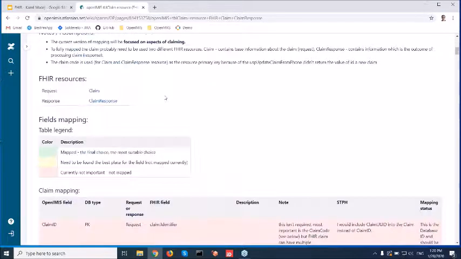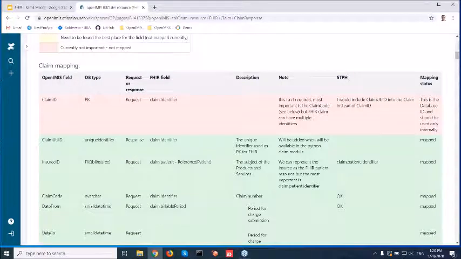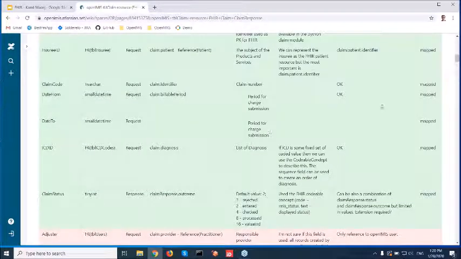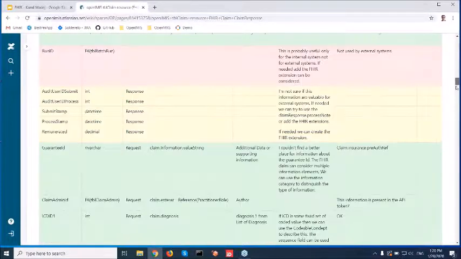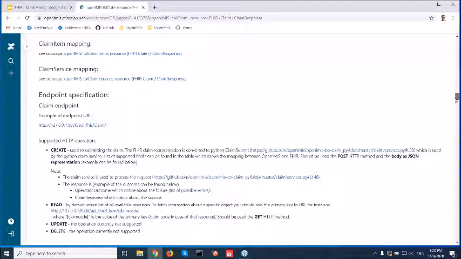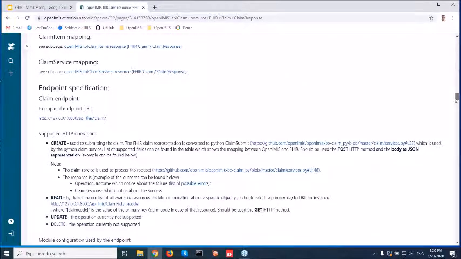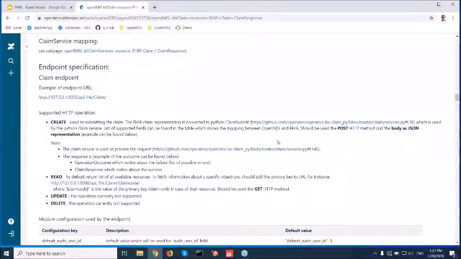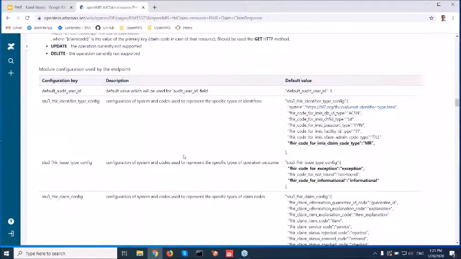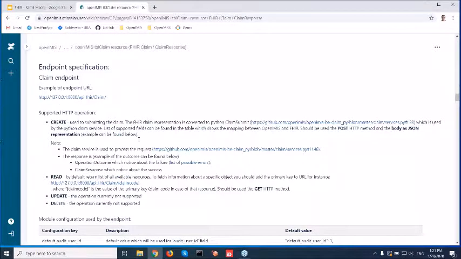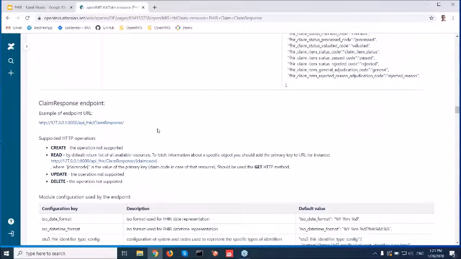So we tried to map every field, openIMIS field to FHIR field, one by one, making some notes, making some suggestions on how it should work, etc. Also, we gave some examples to the openIMIS community on how you can connect later with it, what the URL is, what the available HTTP operations are, etc. So